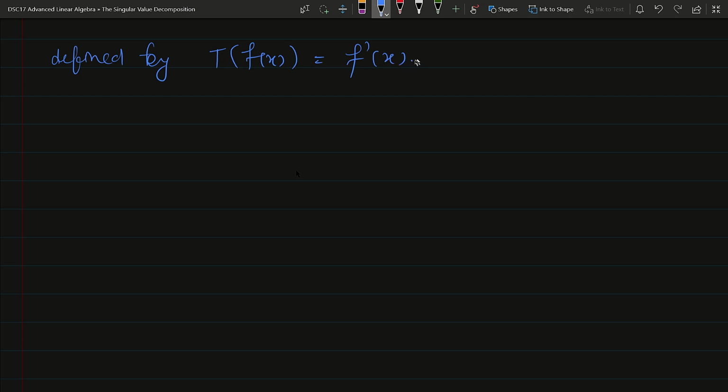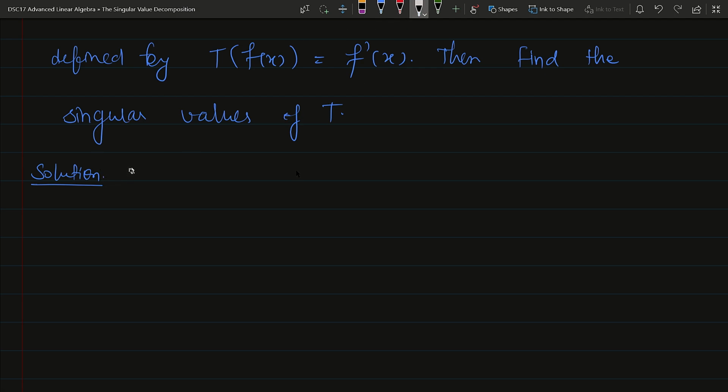Okay, then find the singular values of T. ठीक है,